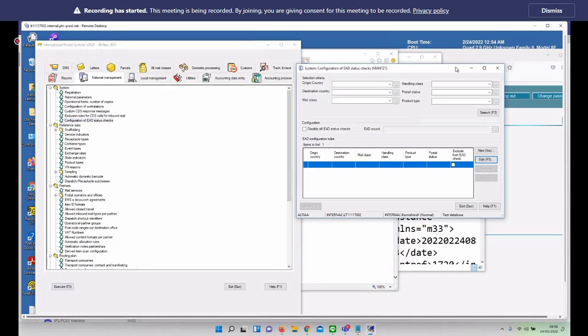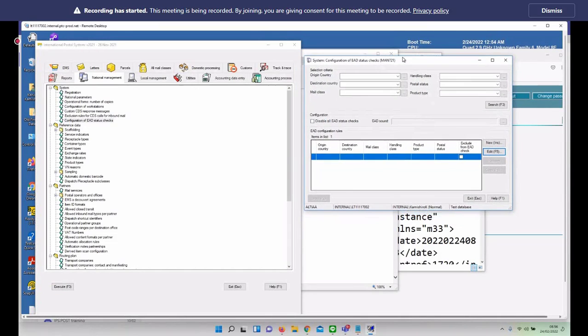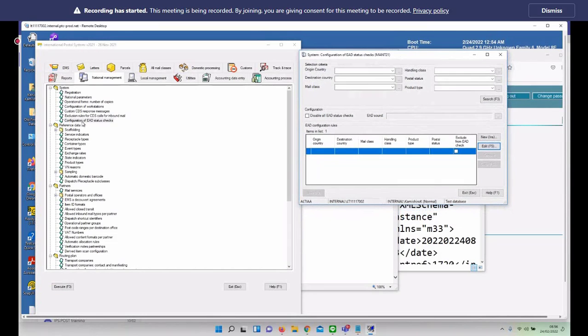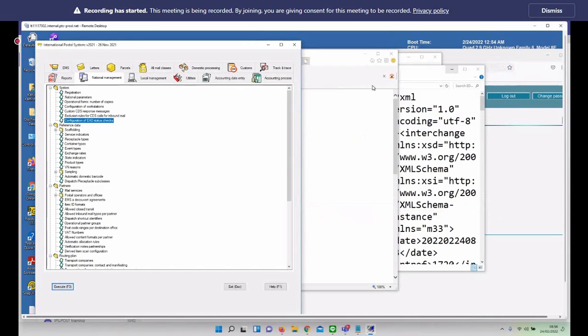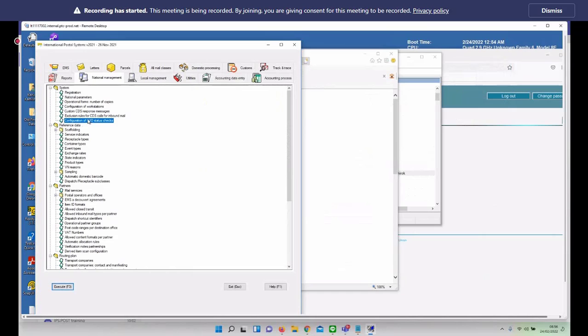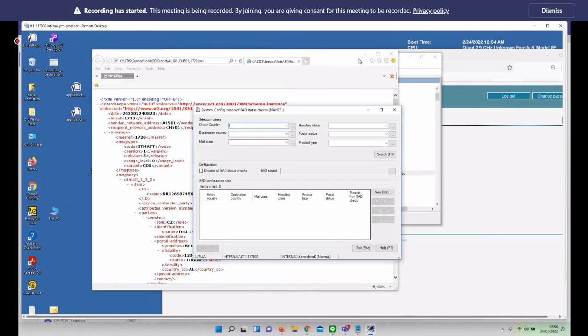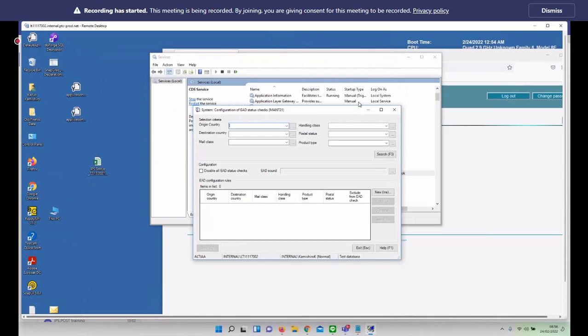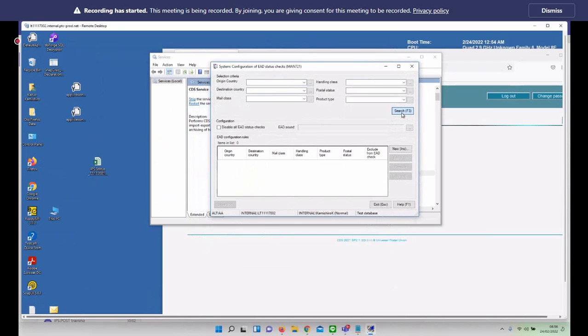Okay, I start with configuration of EAD status check functionality for individual country level. By default, I think it's better to open it from the beginning. If you open it for the very first time and click search, you see the default configuration. And if you click edit,